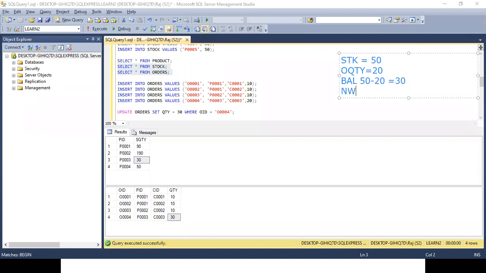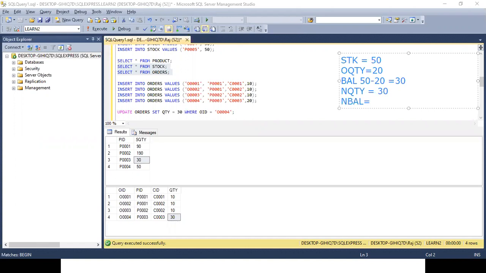Now new quantity, which the customer wants now, is 30. What will be the balance now? Balance will be 20. How come? 50 minus 30, but we do not have 50 now. So how will we get it?